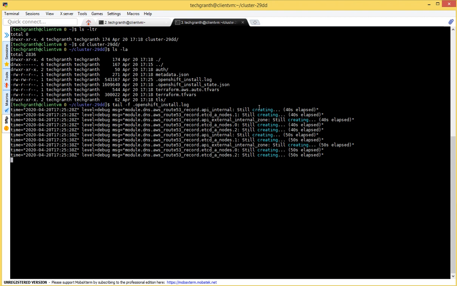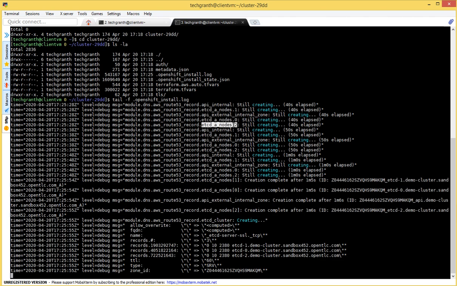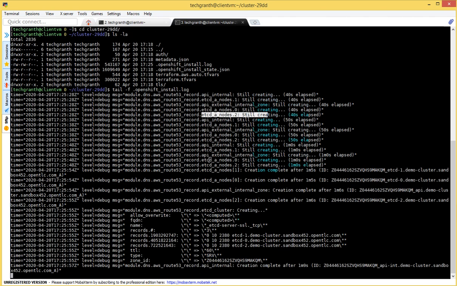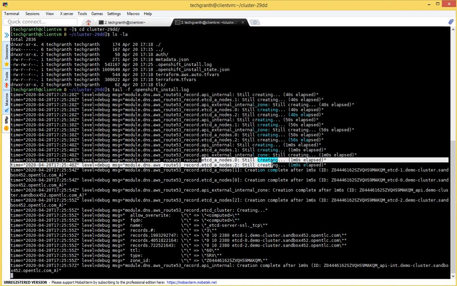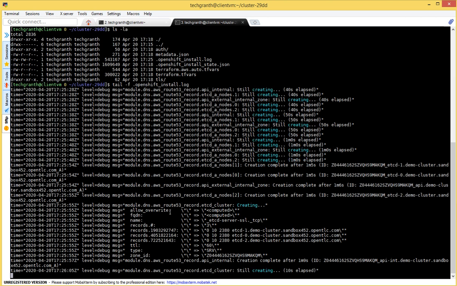Here you can see etcd node 0 is still creating, right? etcd node 2 still creating. So it is creating etcd nodes. The logs will keep going.